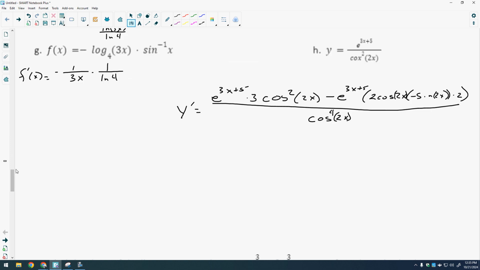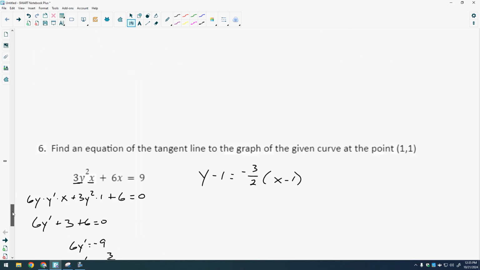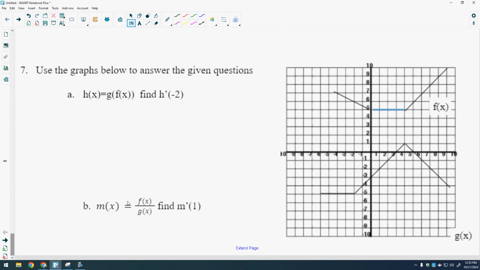All right. Question 7. Use the graphs below to find the derivative of h, h prime, at negative 2. So first question, what is the derivative of h? I see chain rule: derivative of my outside function, leaving the inside alone, multiplied by the derivative of the inside function. Plug in negative 2, so h prime of negative 2